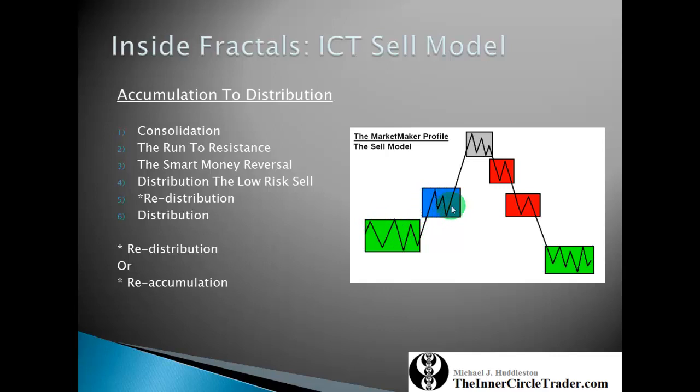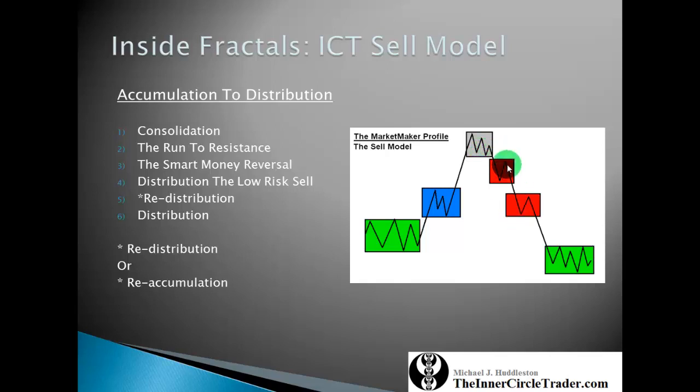And they'll reaccumulate in here and buy more, and it'll run to a level of resistance, and then they will distribute what they had hedged back here, okay? And by going short in here, as the market starts to break down, the next level is the distribution for the low risk sell. This is where it's clearly seen many times by a lot of guys in my camp where they'll see the optimal trade entry. Okay, market structure will break up here, then they can classically see the ICT optimal trade entry, 62 to 79% retracement level, or what we dub classically the 70.5 fib retracement level into a previous order block,